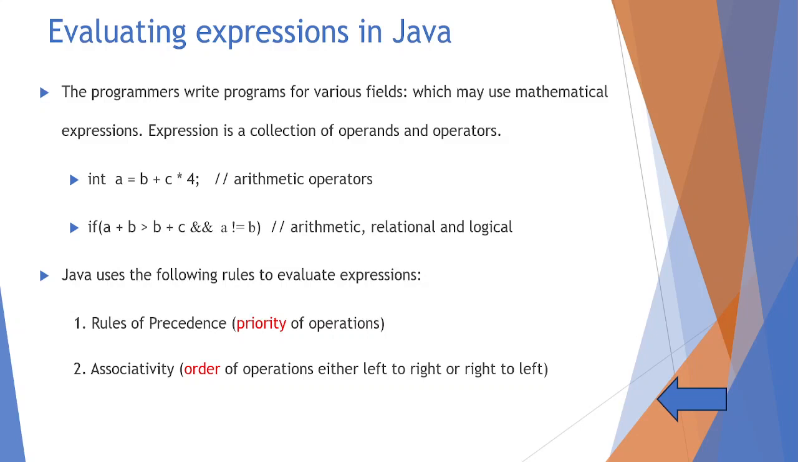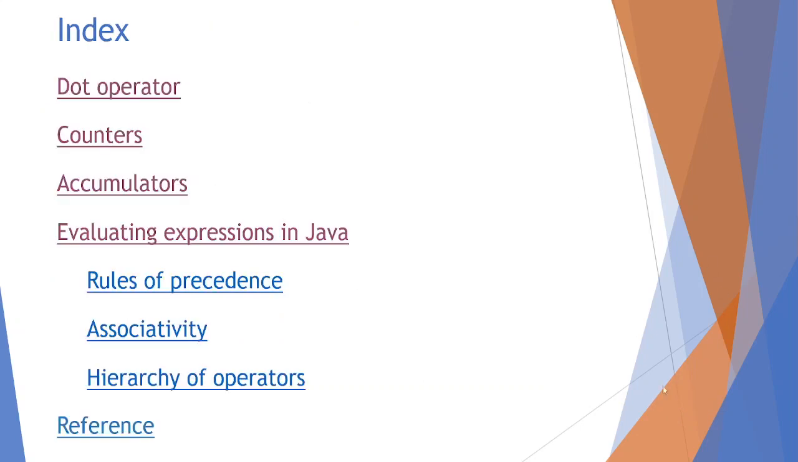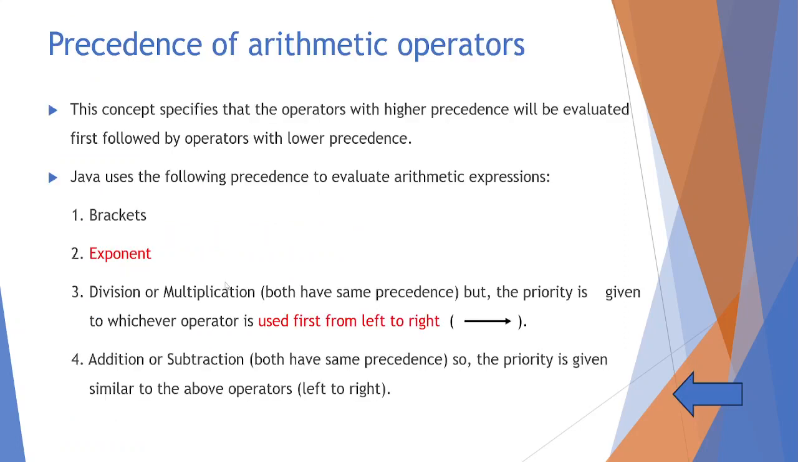Now, Java uses the following rules. Automatically, it does so much work for us to evaluate expressions. First of all, it follows rules of precedence, that is priority of operations. Second one is associativity, order of operations, either left to right or right to left. Rules of precedence: this concept specifies that the operators with higher precedence will be evaluated first, followed by operators with